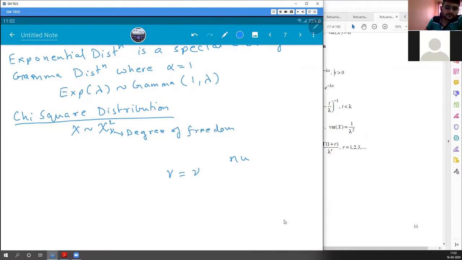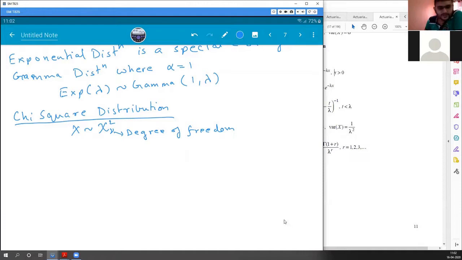Why it is called degree of freedom, we will find out in later chapters. When it comes, I'll explain and say remember that is called degree of freedom. Anyways, we'll be using the term degree of freedom a lot. We'll not go into why it is called degree of freedom, but that is degree of freedom.